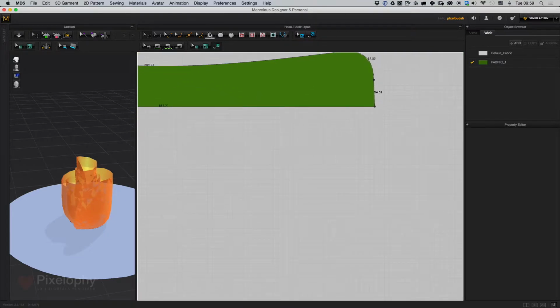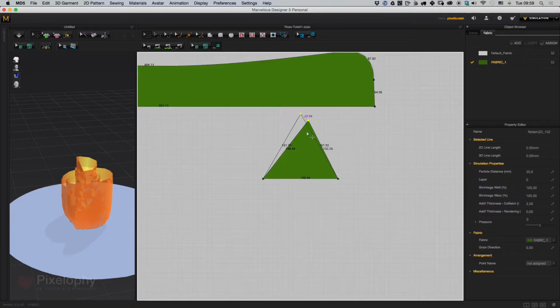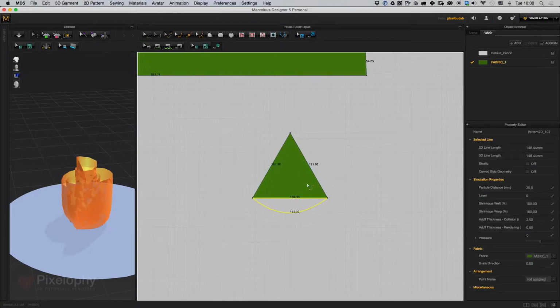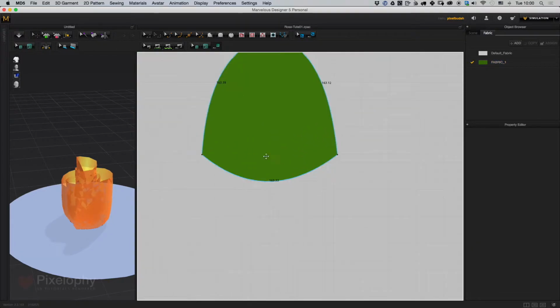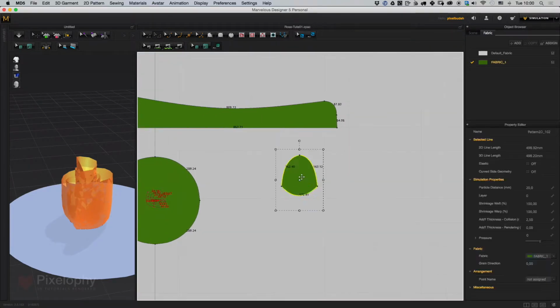And we'll do that by creating it with the polygon. You can use H as a shortcut. And just create a triangle. And then I'm going to go ahead and tweak this to get a rounded shape on the bottom and two rounded shapes like this. What's going to happen is I'm going to stitch the bottom part to the base. It has to be pretty much the same as the one